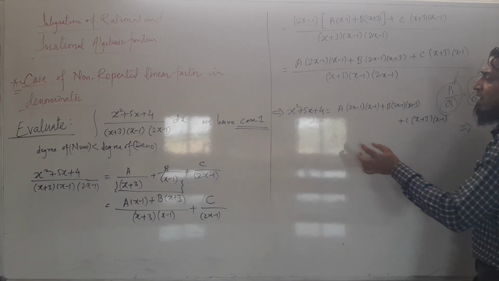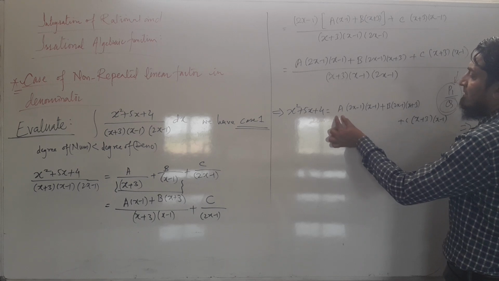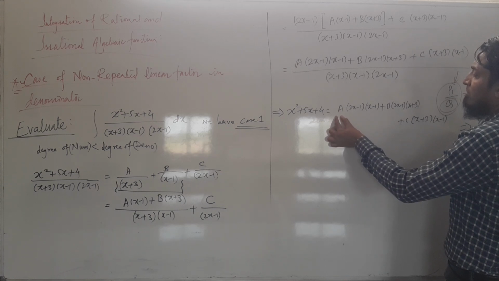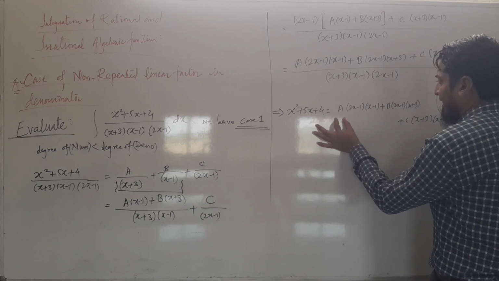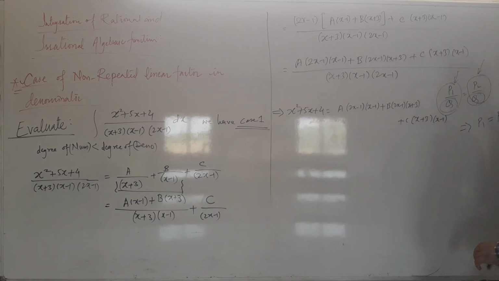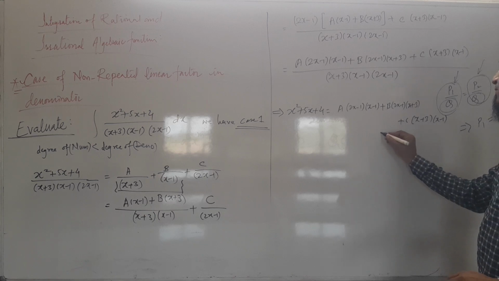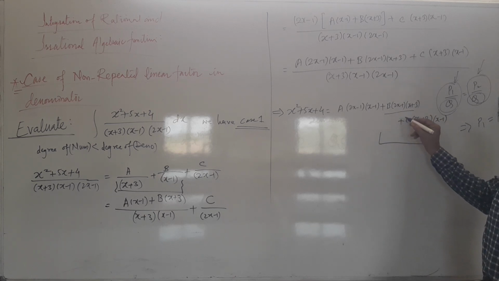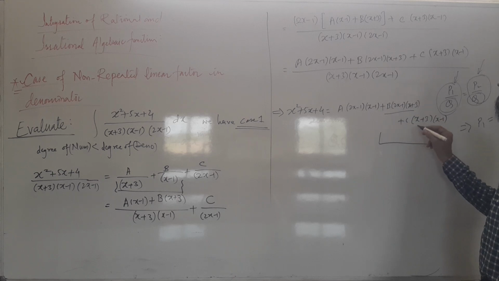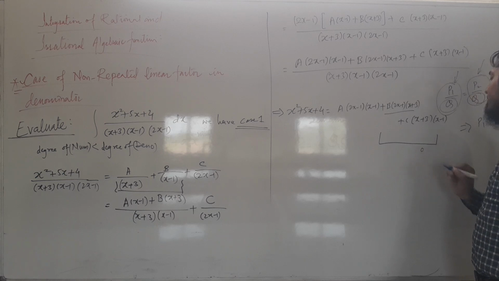If I want to find the value of A, we have to set this B(2x - 1)(x + 3) + C(x + 3)(x - 1) to be 0, and to make it 0,